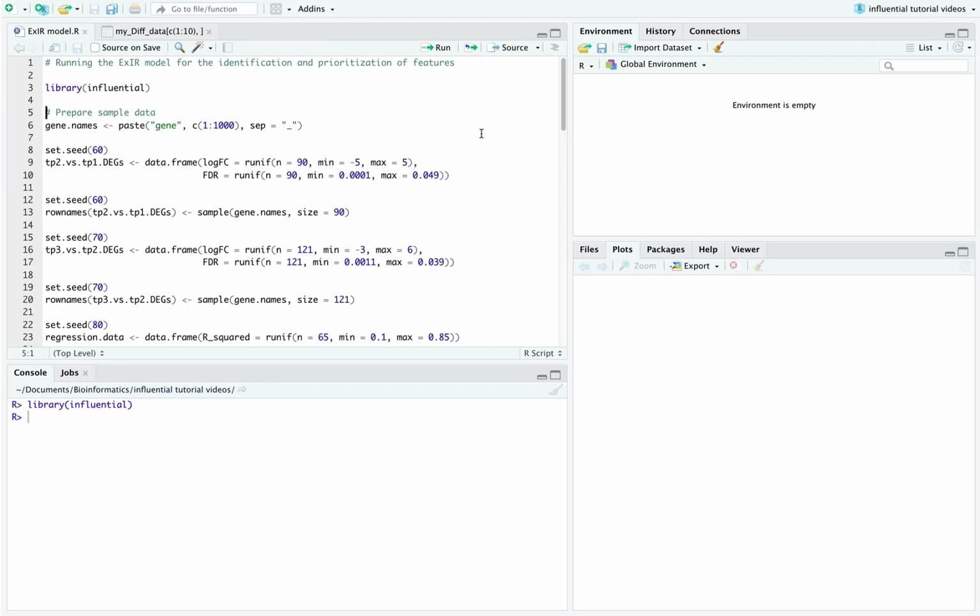So let's start. We first generate a character vector of gene names that includes a list of 1000 genes with different names, and if you have a look at the head of the gene names, you see a character vector is generated with different gene names, gene 1, 2, 3, etc. Then we set the seed. The purpose of this seed is for reproducibility,